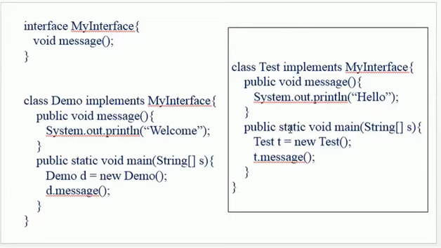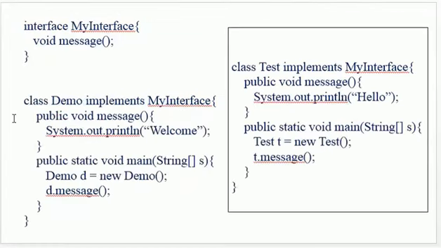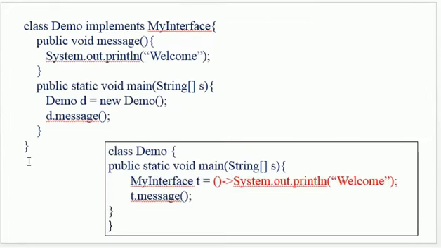So before learning lambda syntax, it was important for us to understand or recall the concepts of interfaces. That is why we discussed it. But here I would like to tell you that we are working with a very special kind of interface, which is a functional interface. Why? Because it has only a single method. Now moving ahead, one implementation that you have seen, this Demo class is written. Demo class implements MyInterface. So it clearly means that it is going to give the implementation detail of this message.